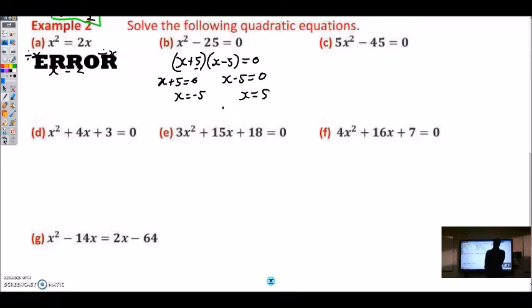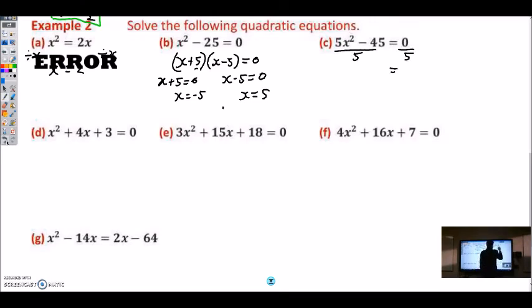Moving on to question C, we get one step harder again. Now, while we do have what appears to be a difference of squares, because we have square and square, we do not have perfect squares. So 5 is not a perfect square, and 45 is not a perfect square. But there is a highest common factor that we can remove first, and that is 5. So if we divide both sides by 5,